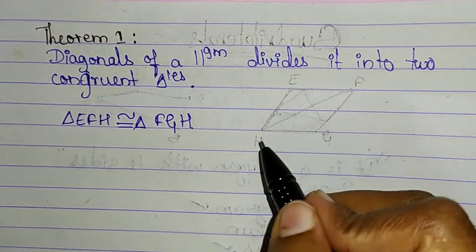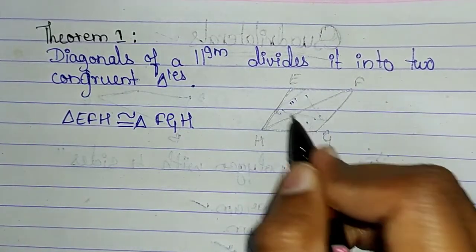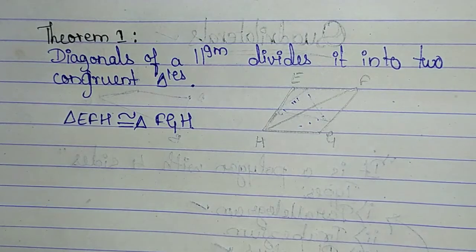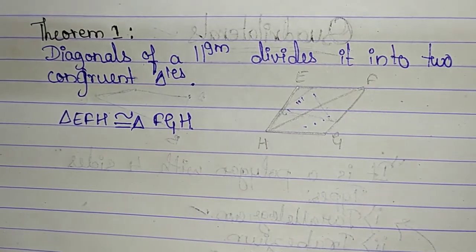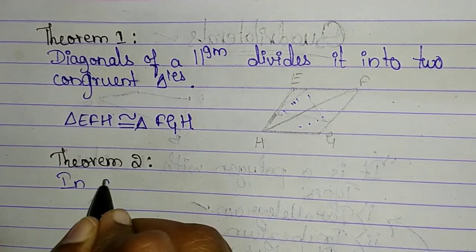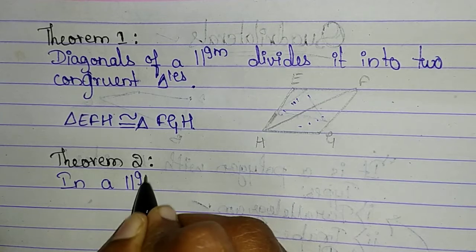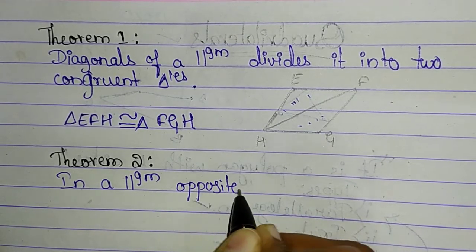Diagonal of a parallelogram divides it into two congruent triangles or two equal parts. That is the first theorem associated with parallelograms. The second theorem says that in a parallelogram, opposite sides are